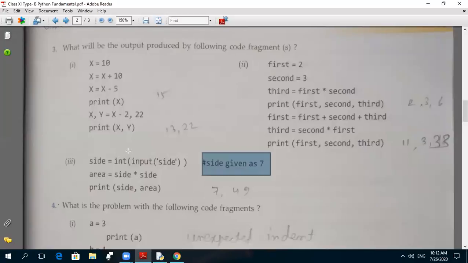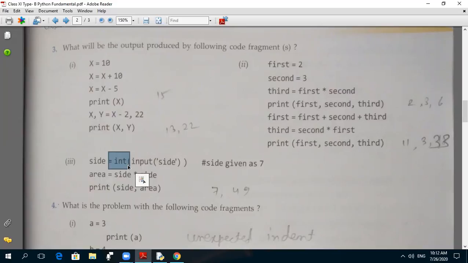Remember one thing, the input statement always takes value in terms of string. But this int will convert any string value to a numeric value.